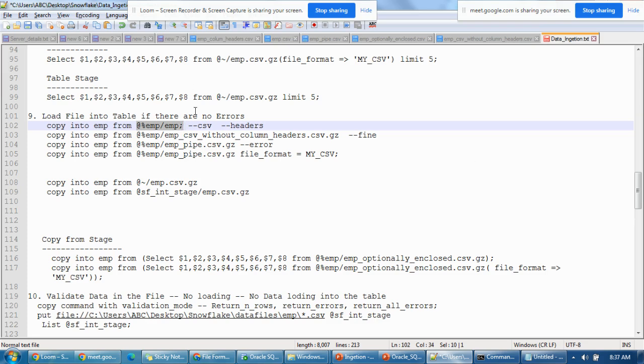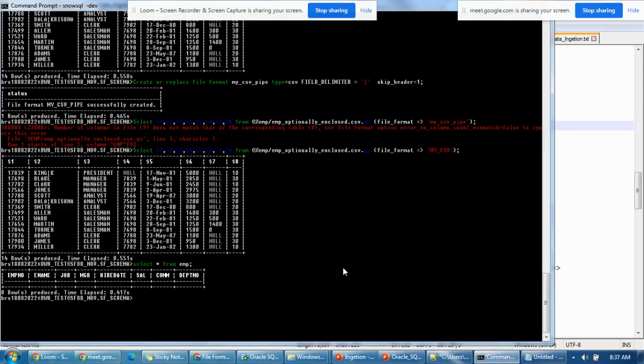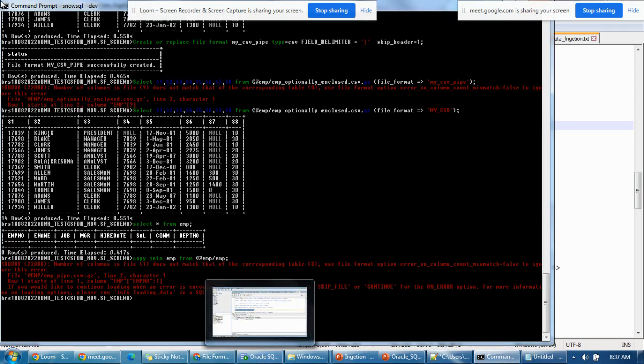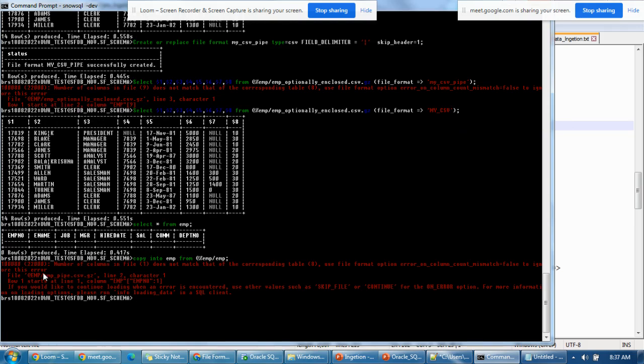Okay, let me load this one. Here it actually contains headers. Let me try to load. What will happen? You will get an error. Why? Because the number of columns in the file doesn't match the corresponding table. That is one thing. And actually, what is happening inside is that EMP number is defined as a number,